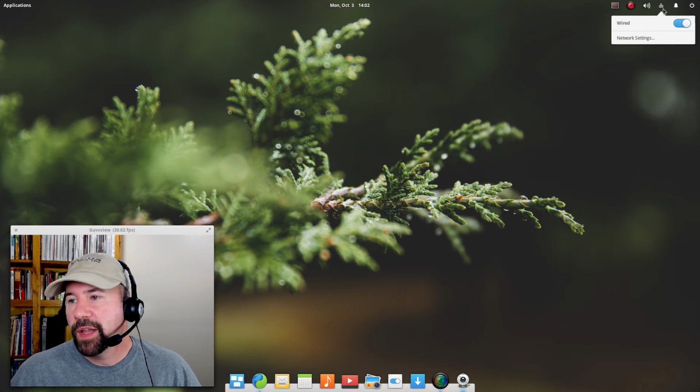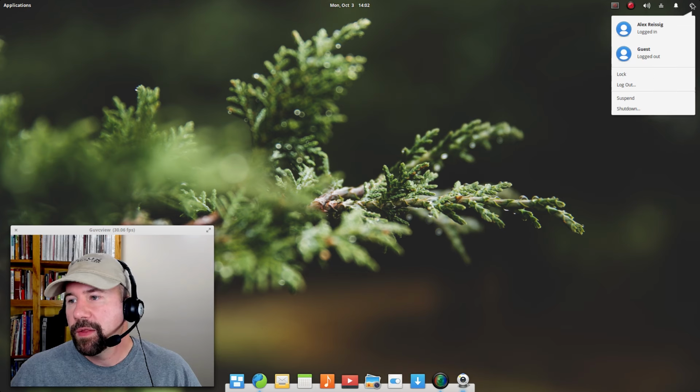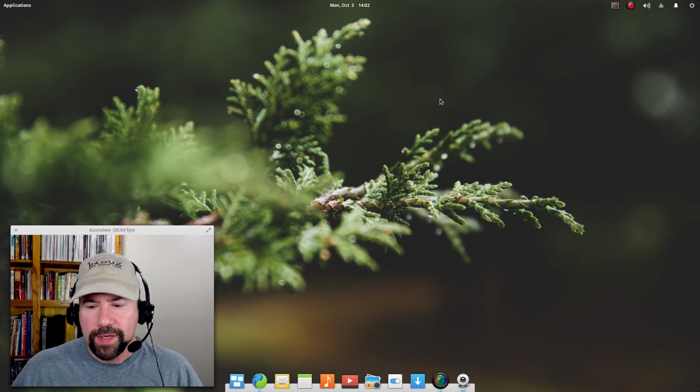And then right next to that, we've got our network. And once again, you can go to network settings, notifications, and then our power button. You can see who's logged in. If you want to log in as a guest, log out, suspend, shut down, all that kind of stuff. So we got all that going on, and then down at the bottom we have our dock,